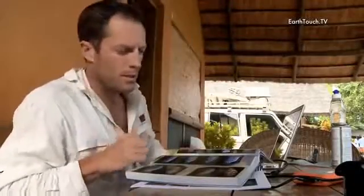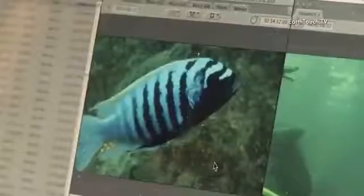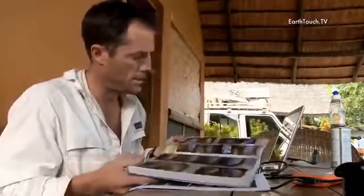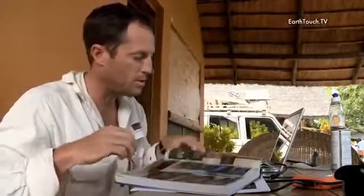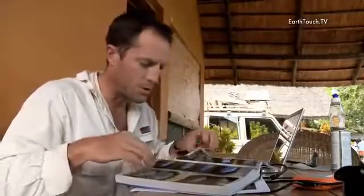Well, we're just busy trying to identify some of the fish that we saw this morning, and we have these little zebras, which are metrioclemas. So we consulted some of the fish books that we found here, and guess what? You've got lots and lots of different species. It just is another page. It's just hugely confusing because this metrioclema, which is a little blue stripy fish,